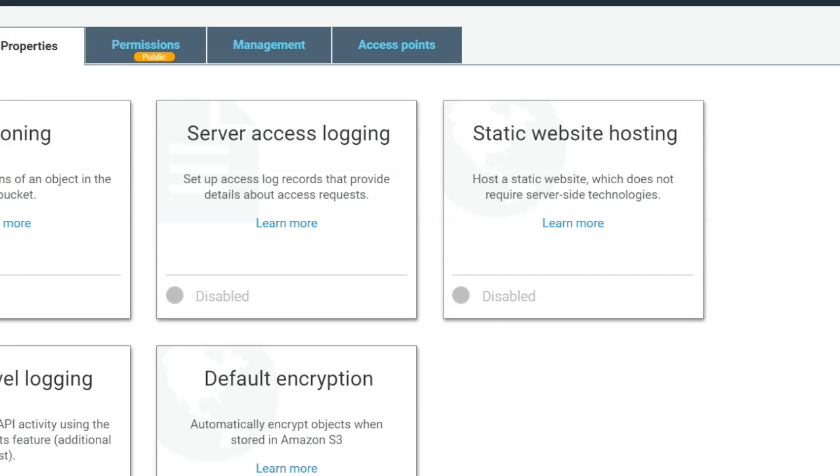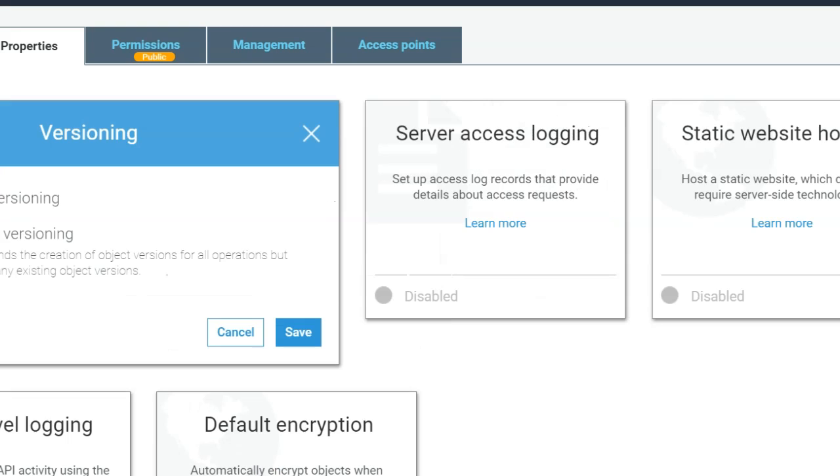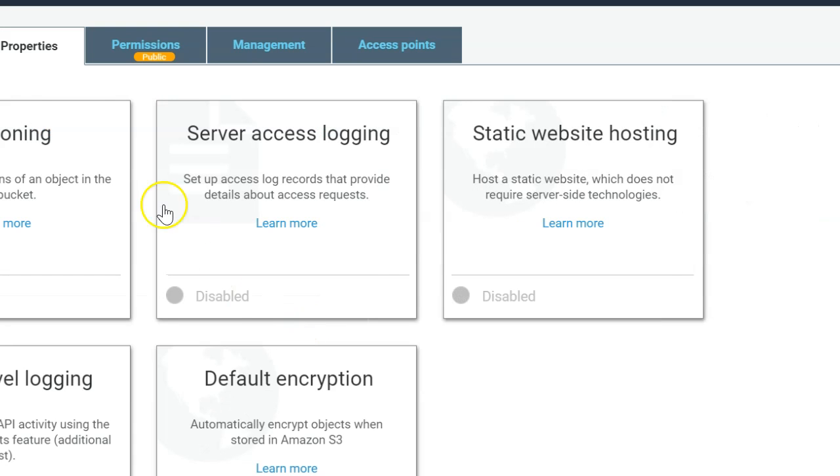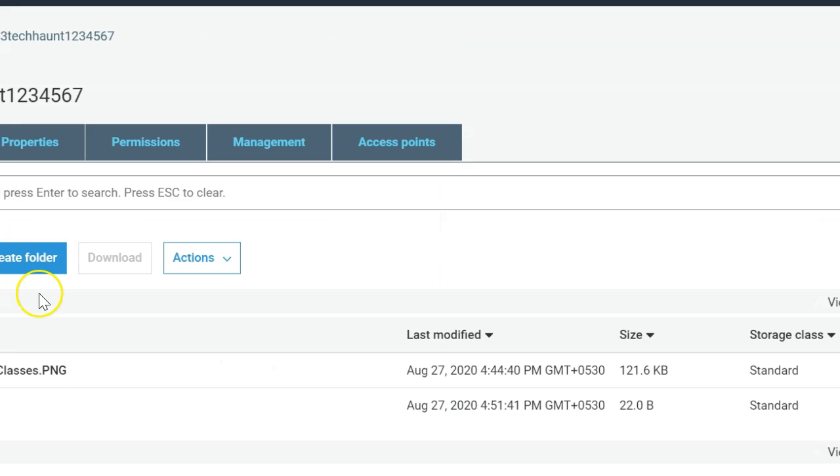Our target is versioning. You can see we have only two options. We can enable it, but we cannot disable or delete versioning once it's enabled. So let's just enable it, and we have enabled versioning on our bucket.